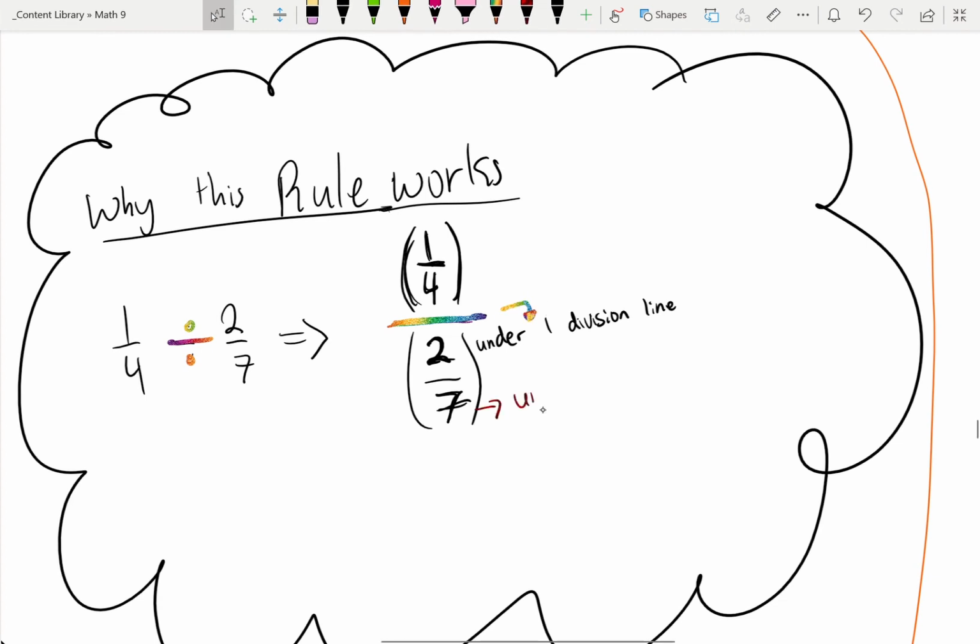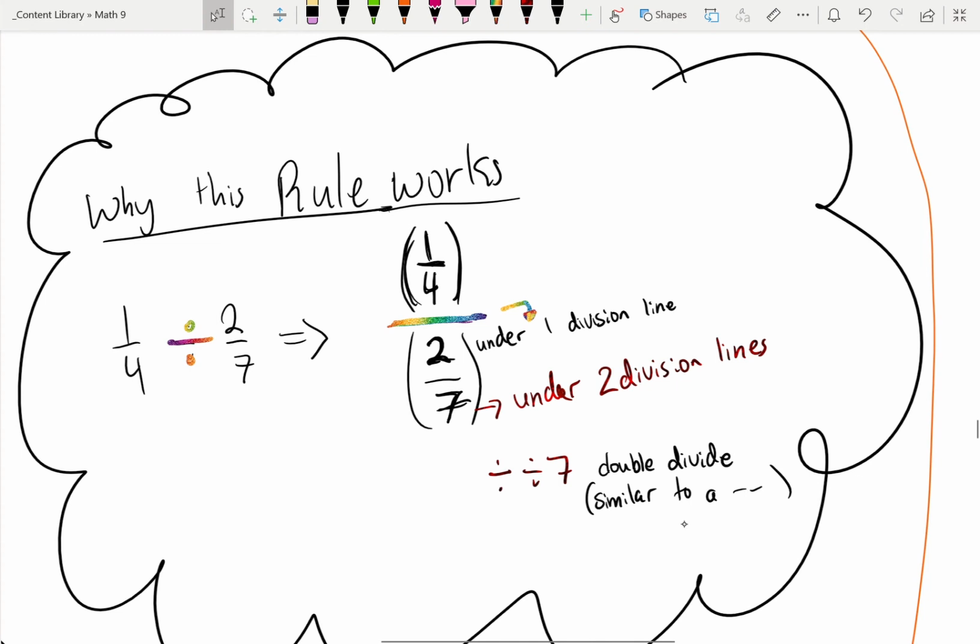This one is under 2 division lines. So it's sort of like saying divide by 7. So this is a double divide, and this is similar to a double negative. How a double negative becomes positive, this becomes times 7. So what that ends up doing is flipping this up to the top, but this one is still under one